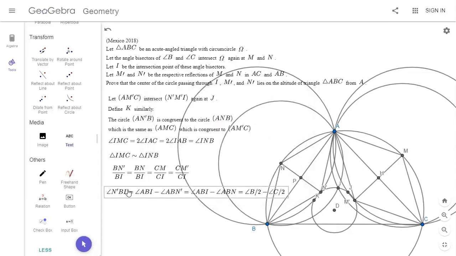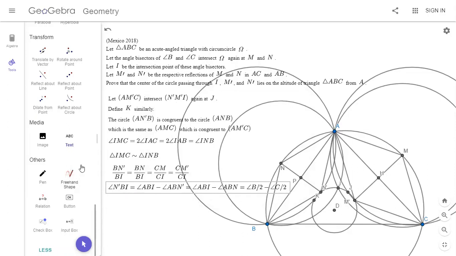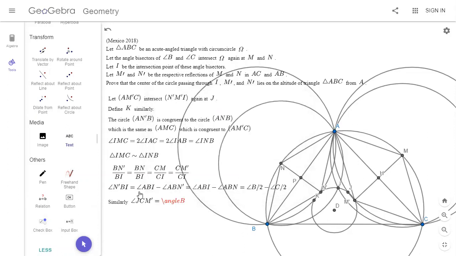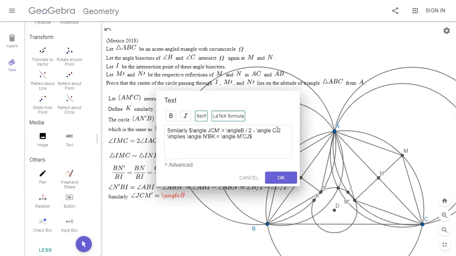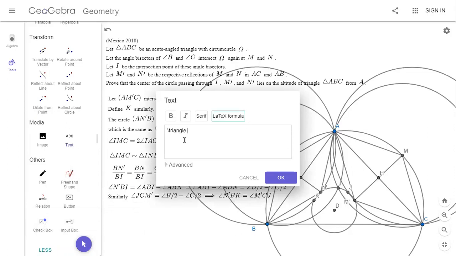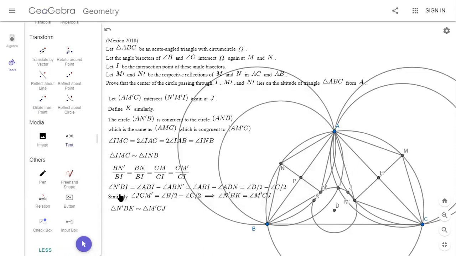Okay. So we have similarly angle JCM prime is equal to that. So angle M prime BK is equal to angle M prime CJ. So those triangles are similar. So triangle N prime BK is similar to triangle N prime CJ. And that means